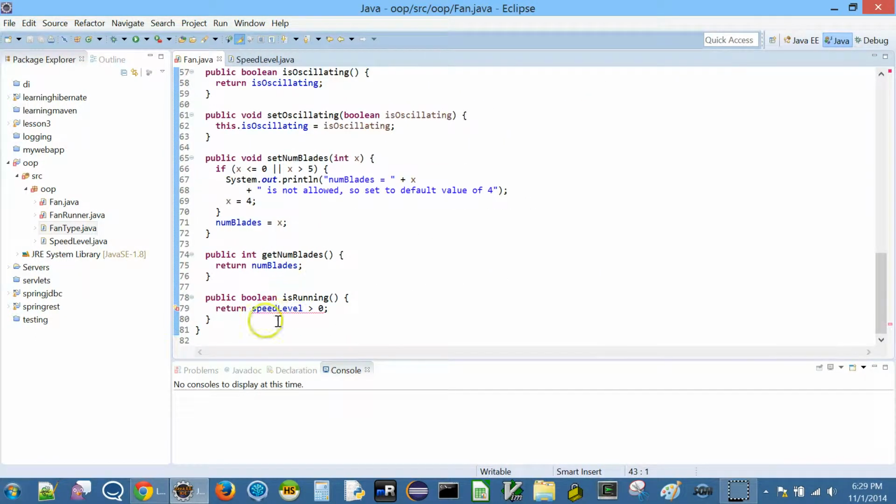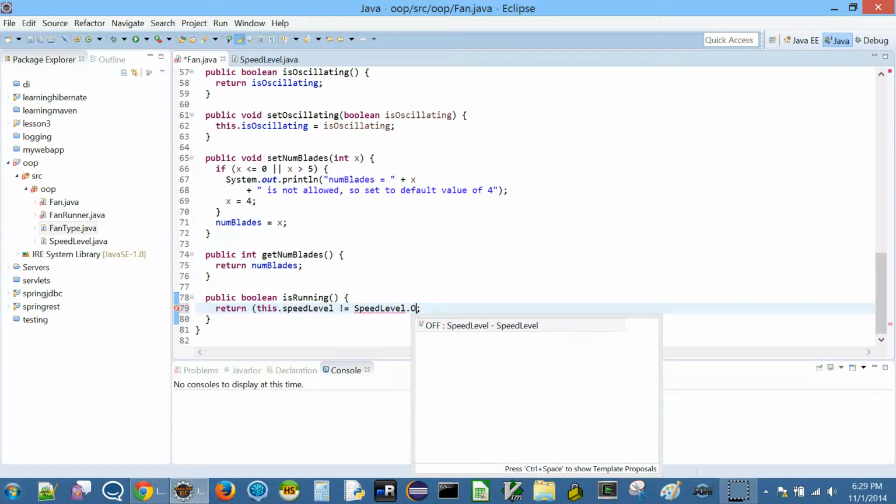And here is running. See, here it's giving you a compile error because speed level is not an int. So all we are going to do here is we are going to say return this dot speed level, right? If it is not equal to off, then the fan is running, right?